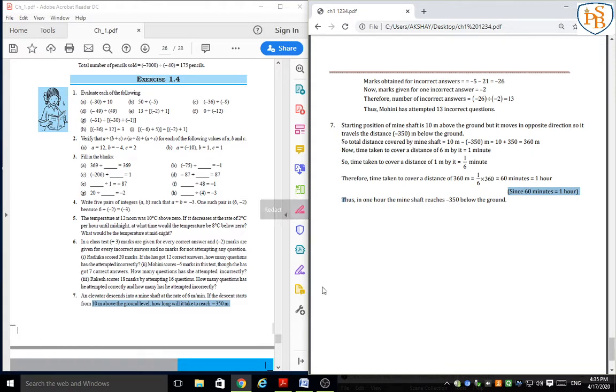Listen carefully students, you have to solve all the exercise in your notebook, so I can check it when school will reopen. This is your homework. You have to solve this exercise. Already I have given you the answer sheet, but without taking any help of the answer sheet, try to solve this exercise. You can do it using this video. You can listen to this video many times, you can see this video many times. With the help of this video, please try to solve this exercise in your notebooks.